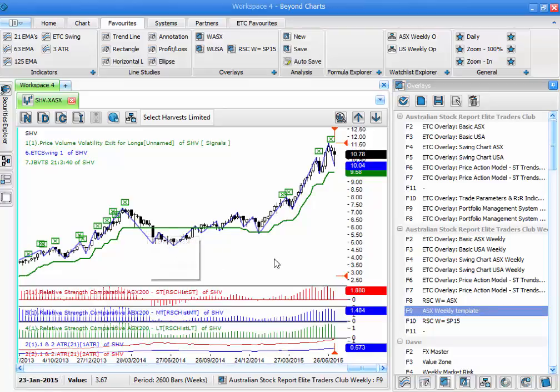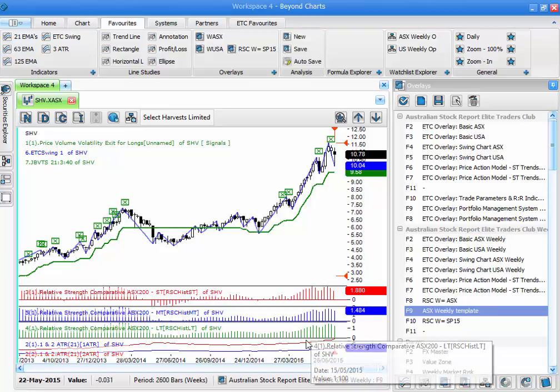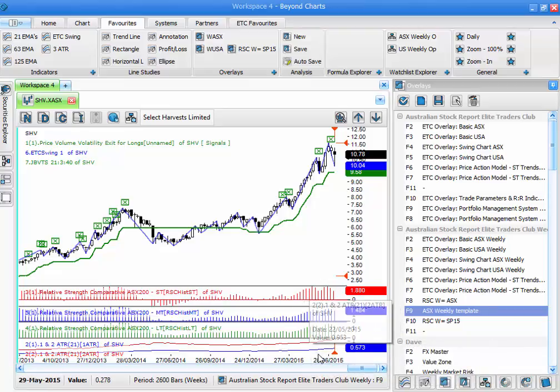And by doing so, what it's actually put on here are a number of different indicators. So it's put on our relative strength comparison indicator. It's also put on our ATRs, so telling us what one ATR is and two ATRs. It's also put on our ETC swing chart, so highlighting our peaks and troughs along the way. It's put on a trailing stop for me, which is nice, and it's also put on our price volume volatility